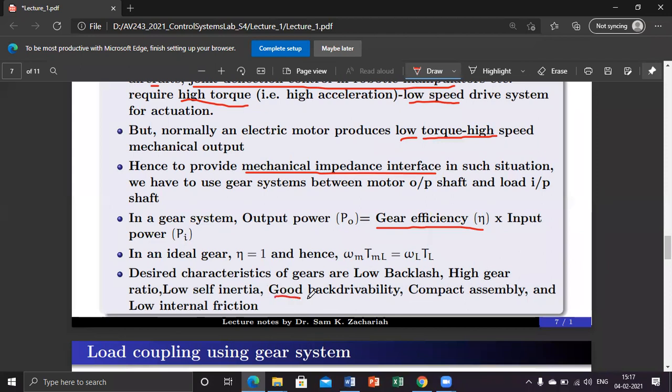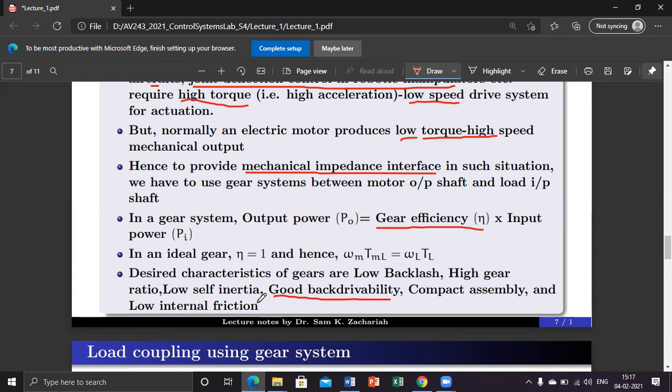Back drivability means we can drive from the input shaft to output. Then there is a particular torque speed conversion rule. And if you drive it back from the output shaft to the input shaft, then the reciprocal of the relationship, T1 by T2, is T2 by T1. The same reciprocal relationship should hold good. That is called an ideally back drivable gear, but it is not the case always. Some gears are not back drivable at all. You can only drive in the forward direction. That will produce some sort of non-linearity.